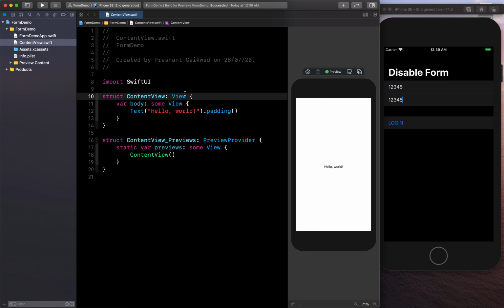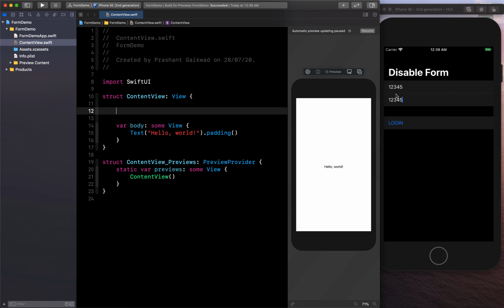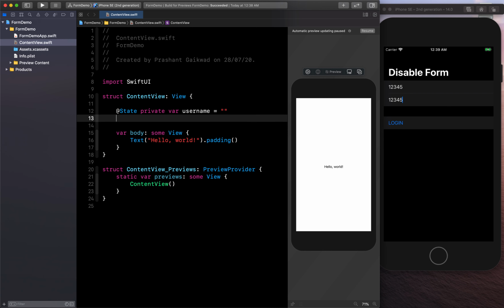So let's do that. To save these text fields, as you have seen in my previous videos on text field, we need to create two State properties so that we can save the value which the user is entering inside this text field. So let's create those properties first. It will be private var username, let's assign it an empty string. Same for password,